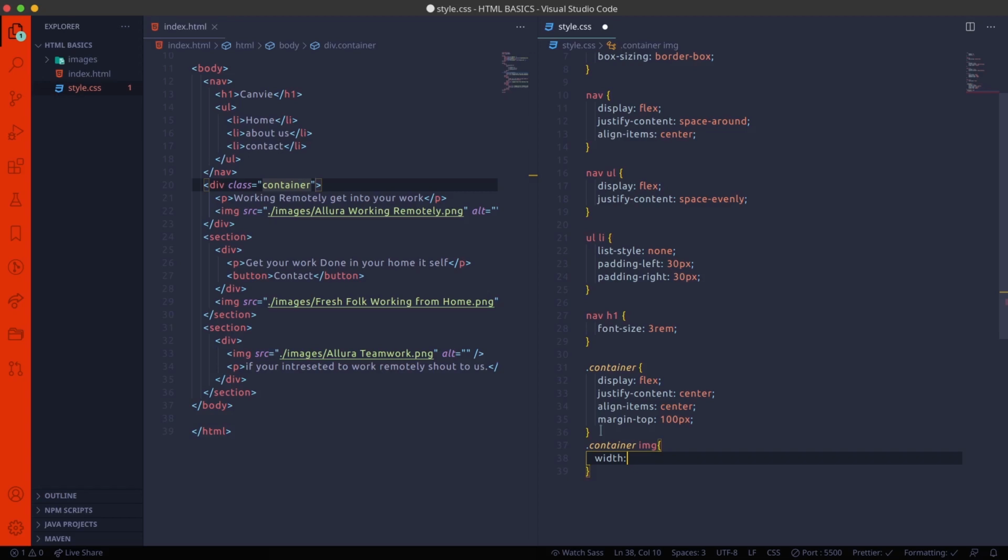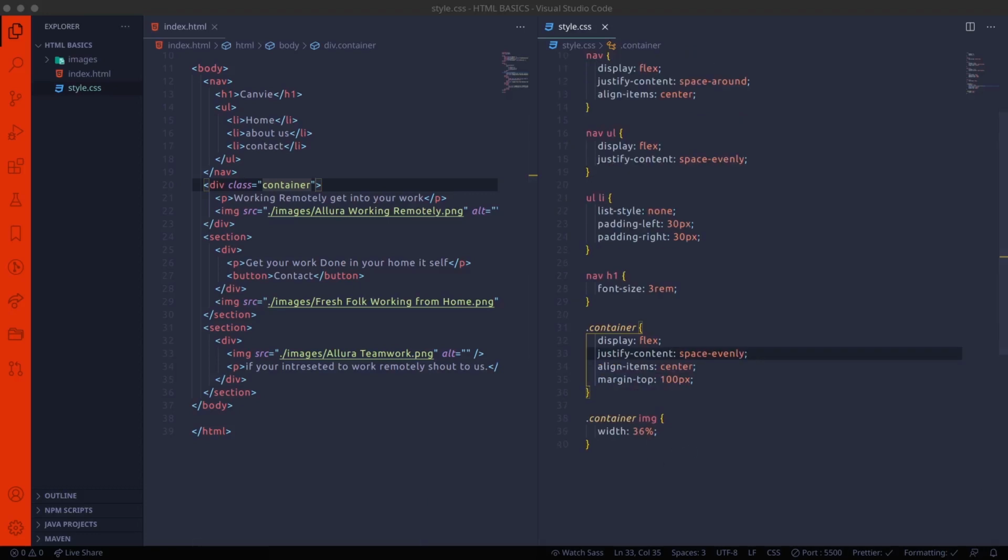Next thing, I want to increase my p tag font size. So again I'm using container p tag. I'm referencing the p tag, and now I'm using the curly brackets. Here also I'm using the font size to be 3, right?